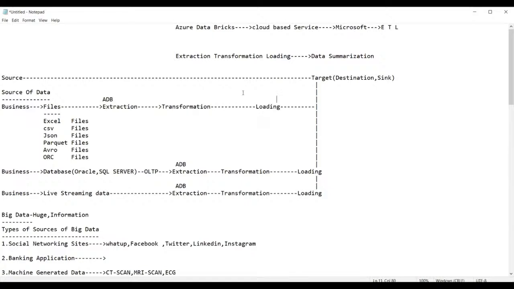In some projects, ADF gives very flexible facilities to perform the process of data ingestion, because ADF does not use any code. It is basically menu driven. But here in ADB you will have to write code for everything: extraction, transformation, and loading. Using ADB, you can design and it is mainly focused on data visualization, that means performing analysis on the data.